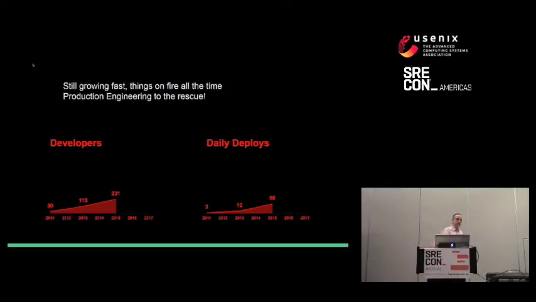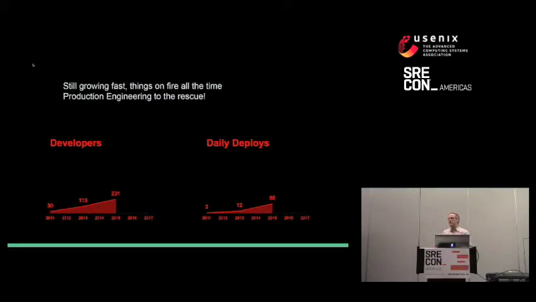So fast forward a couple more years, and this growth rate continued. And things were starting to not be okay with it. The growth was getting ahead of us a little bit. I actually wasn't at Shopify at the time, but I've heard many legends about those days, like Redis-mageddon and DDoS attacks and flash sales and all kinds of exciting things going on. And it was clear that we weren't keeping ahead of the growth.